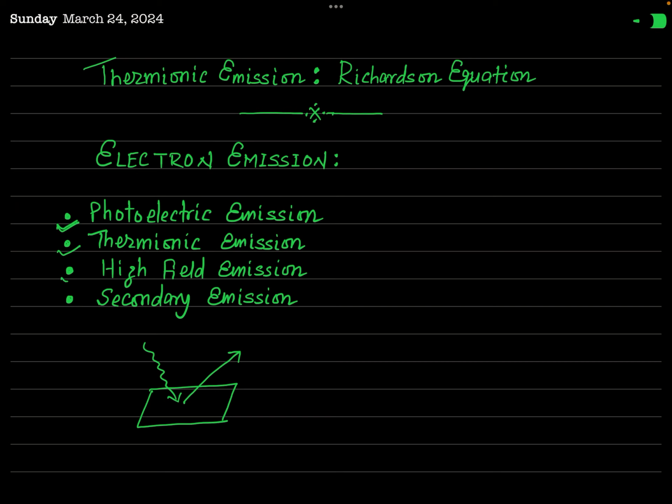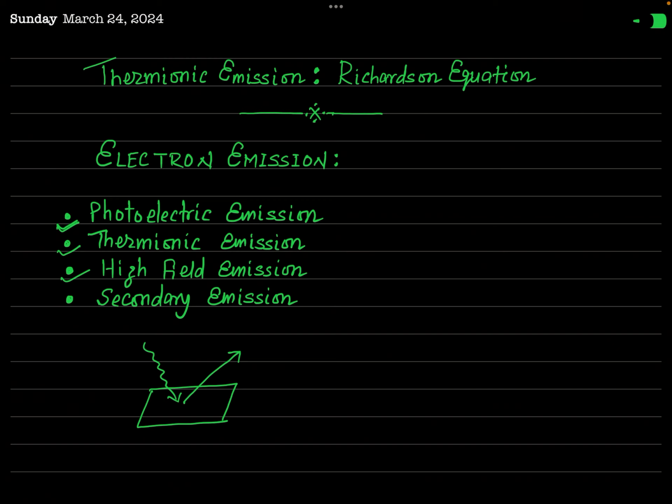The other is called high field emission. In case of high field emission, what actually takes place? In fact, in this case, a high electric, or you can say strong electric field is applied on the metallic surface, and due to that electric field, the electrons experience electric force and they get pulled out from the metallic surface. Okay. So in case of high field emission, the electric field is responsible